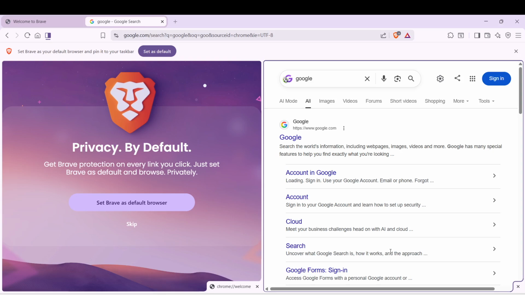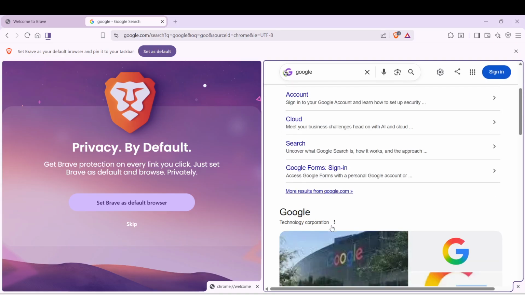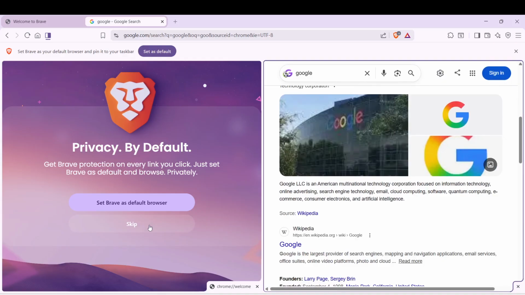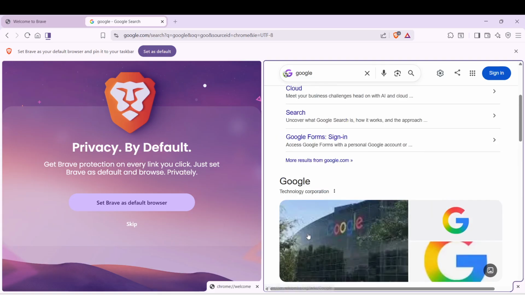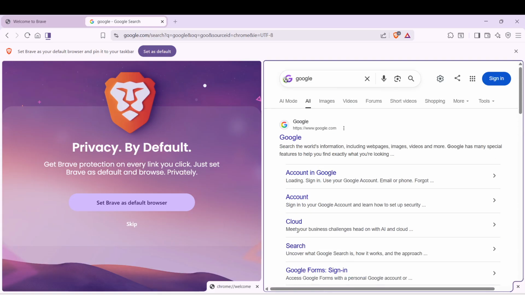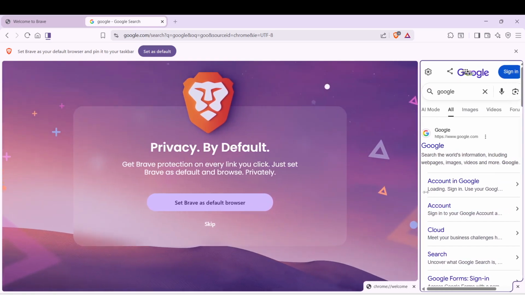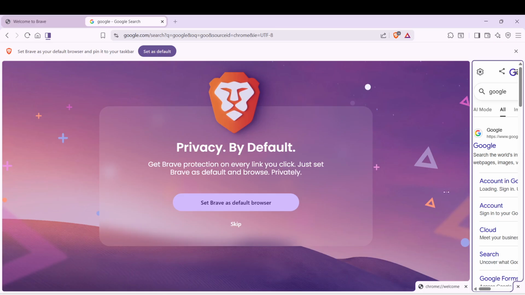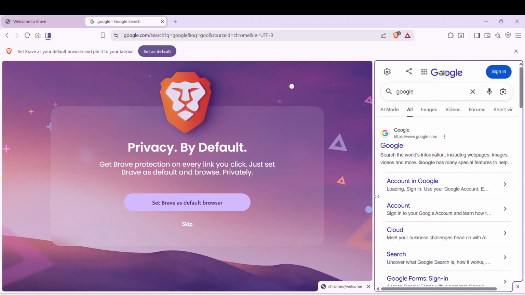At this point, you should see both web pages displayed next to each other. You can interact with each page independently while enjoying the benefit of having them both visible at once. This feature is especially useful when you need to compare information, follow instructions, or simply keep an eye on multiple sources of content simultaneously. If you want to adjust the size of each window in the split view, you can do so by dragging the divider between the two pages. This customization allows you to allocate more space to the page you need to focus on, providing flexibility and control